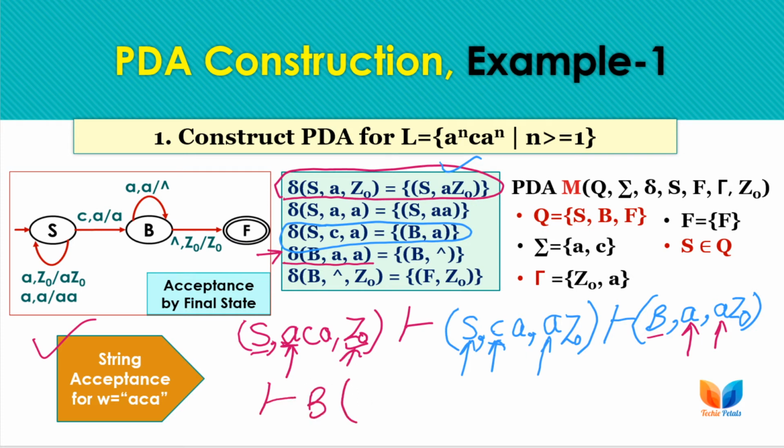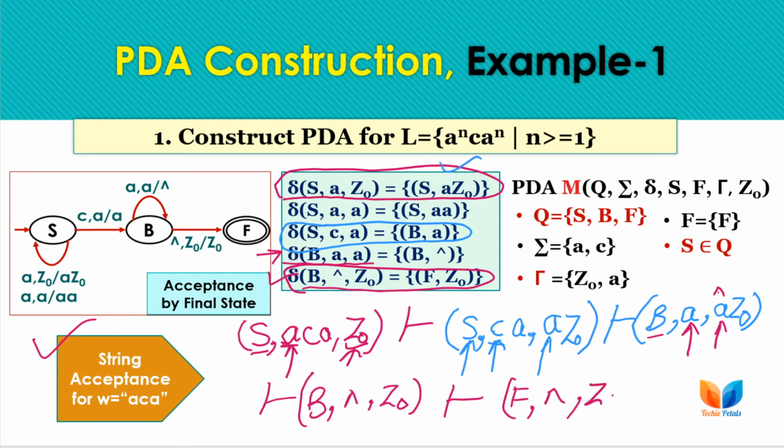Now we have null as the input because all the input symbols are considered. Now Z0 A is replaced by null, so we have only Z0 as the stack top. From this we have this combination, meaning this transition will work now, and we will be moving to the state F with null input and stack top Z0. Okay, so this is how to write IDs and this is how to write transitions.